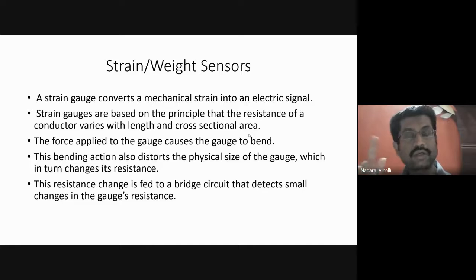Resistance R is equal to rho into L divided by A, where R is the resistance and rho is called the specific resistivity of the material, a standard for the material used as the conductor. Based on the material used for the conductor, the rho value will differ. Then we have the length of the conductor L, and the area of the conductor A. As the length increases, the resistance increases. They are directly proportional to each other.